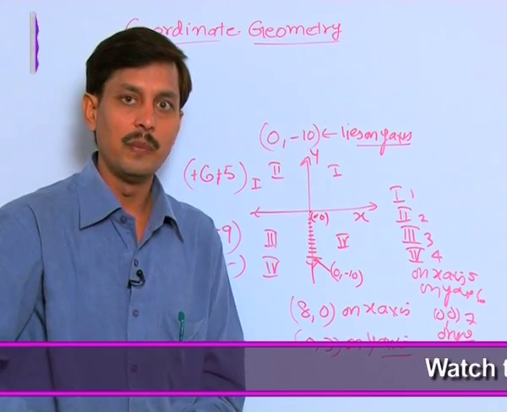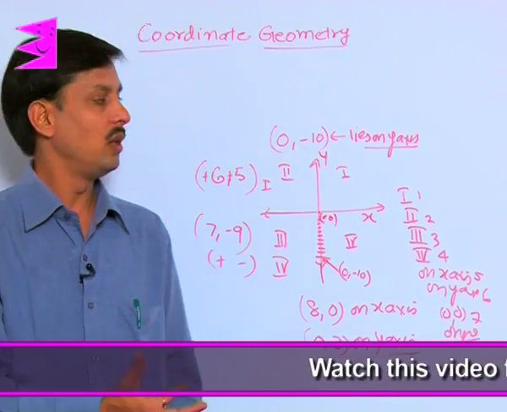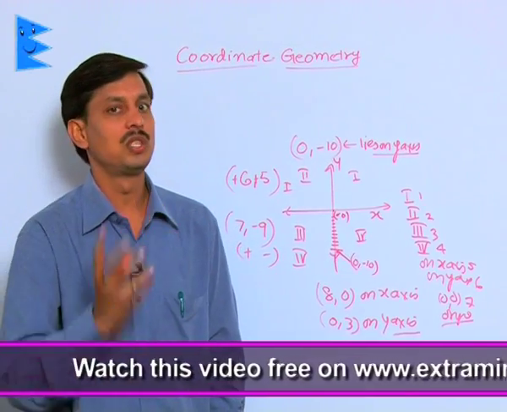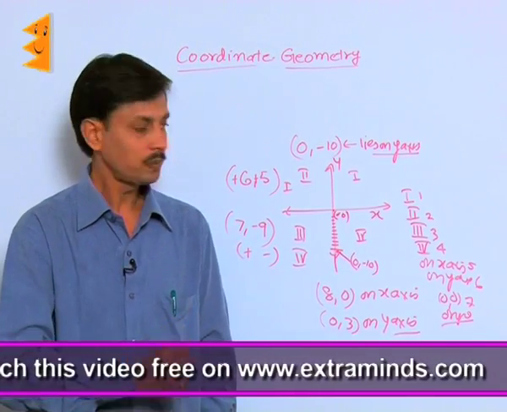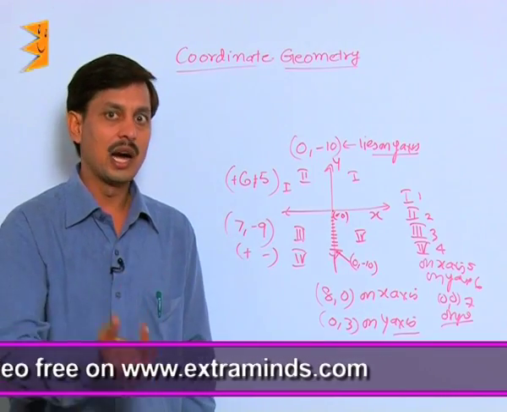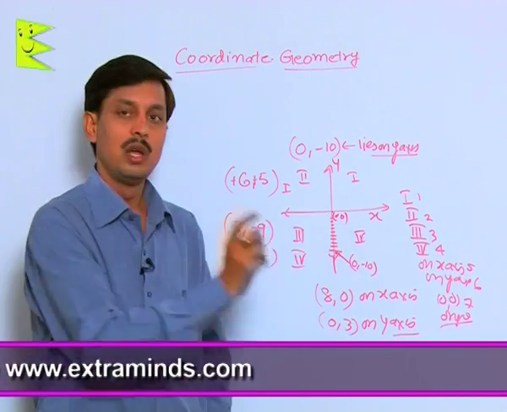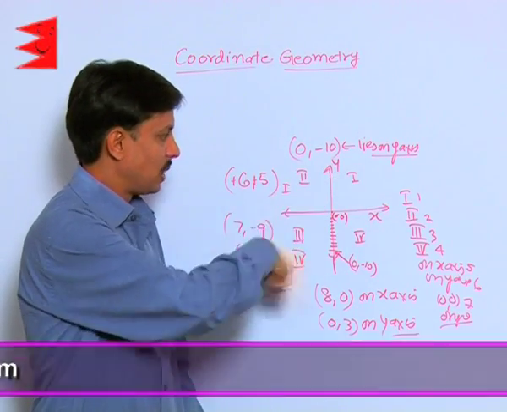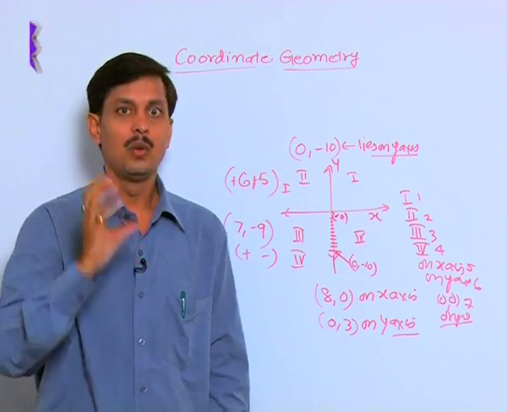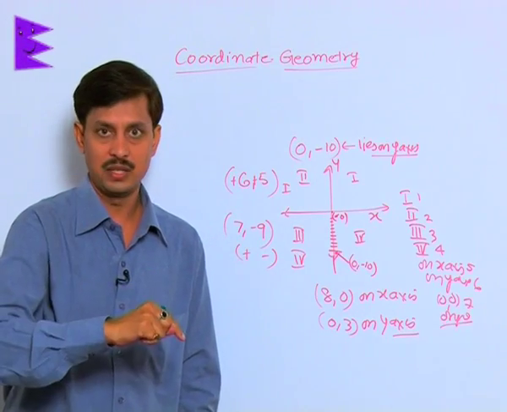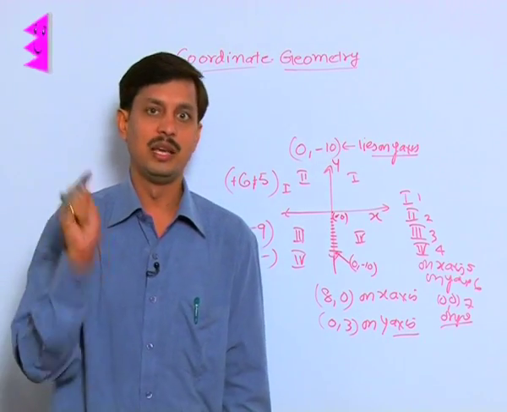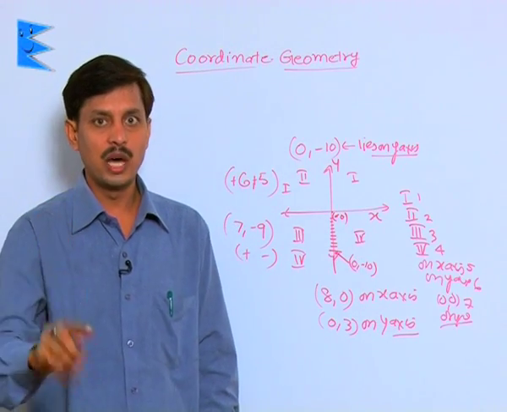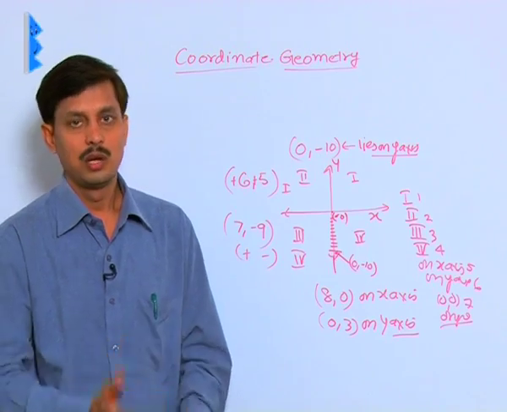So ultimately, what is the purpose? To tell you that a coordinate is the combination of the set of values of x and y, and how far from the origin the point lies is known as its position. As per the sign, we can classify its quadrant. If x is 0, it lies on the y-axis. If y is 0, it lies on the x-axis. If both are 0, it lies on the origin.